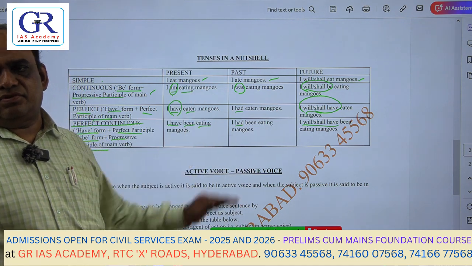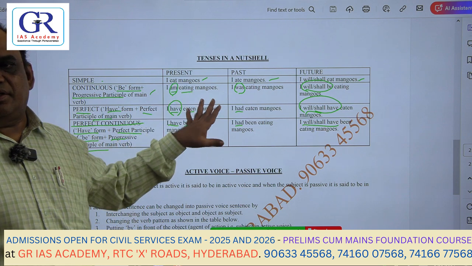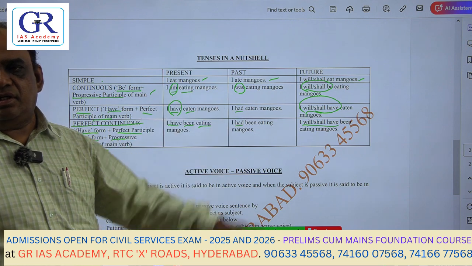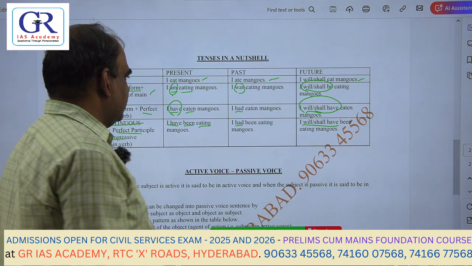Structural presentation of the tenses. If you clearly understand this, then automatically you will understand everything. Okay. So